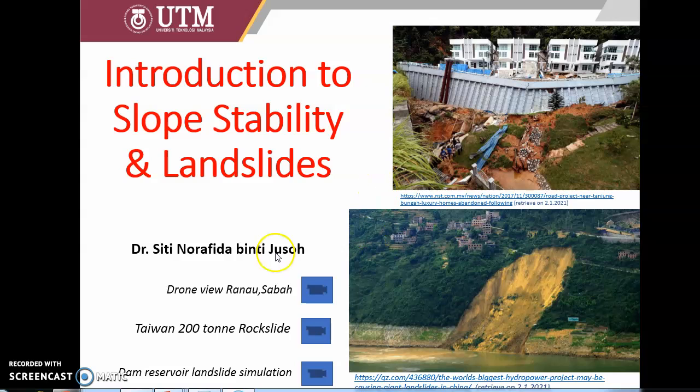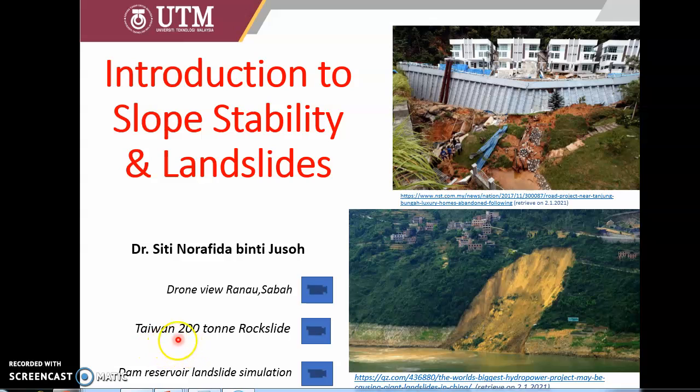As you can see here, the first figure is a case study of Tanjung Muga. Okay. And this one is from China, a giant landslide due to the hydropower project. So I believe due to the increment and decrement of water levels, it induced the landslide. And you can also click on these 3 available videos in my slide about a landslide in Sabah, okay, near your hometown,